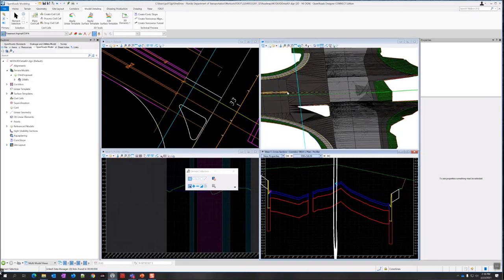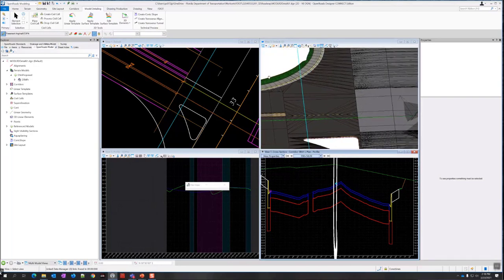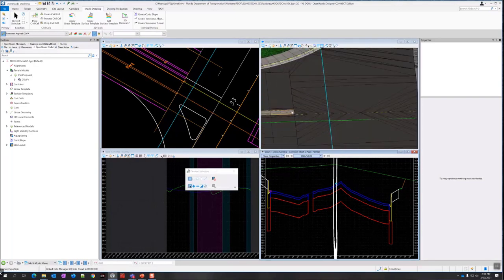So that's ready. Let's go ahead and do the civil cells for the traffic separator noses here. So we're going to come over here. We're still in the model detailing tab. We're going to come over here to place civil cell under civil cells. Select place civil cell. It asks you to select a civil cell. So I'm just going to do the little three dots here on the dialog to bring up the pick civil cell dialog.